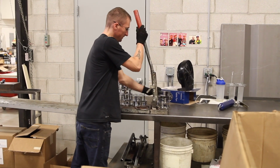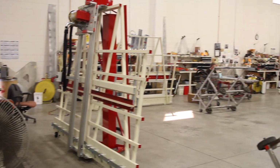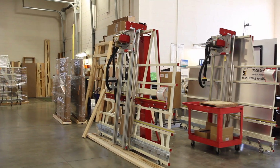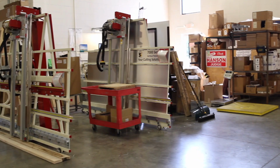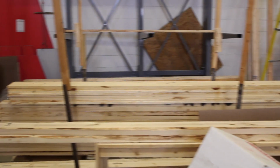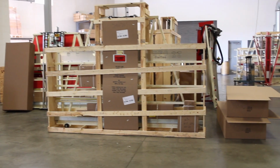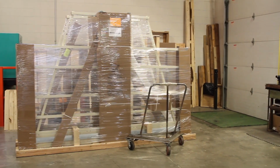When the machine is completed, it's moved by the builder back to our crating department, and a custom-built crate is made for each machine, starting with the base, using 1x4s for a fence around the frame, and then it's secured in with staples and screws. Depending on the machine, accessories are boxed and then strapped to the frame, and then everything is shipped all in